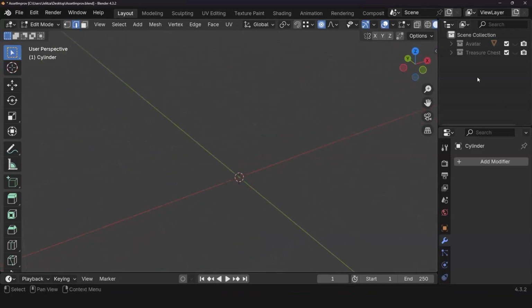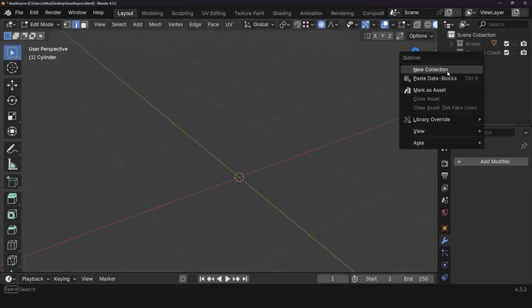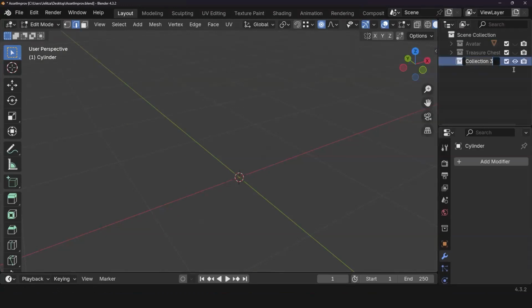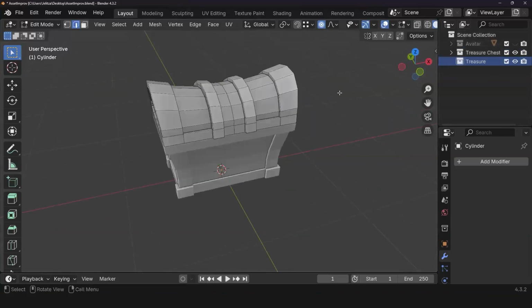And then I could absolutely start a new folder and right click on the hierarchy here, new collection, and call this treasure, because you're going to basically fill this treasure chest with all the magical stuff you want to see in it. Okie dokie. So let's finish this treasure chest so I can get it to you so you can get to work.